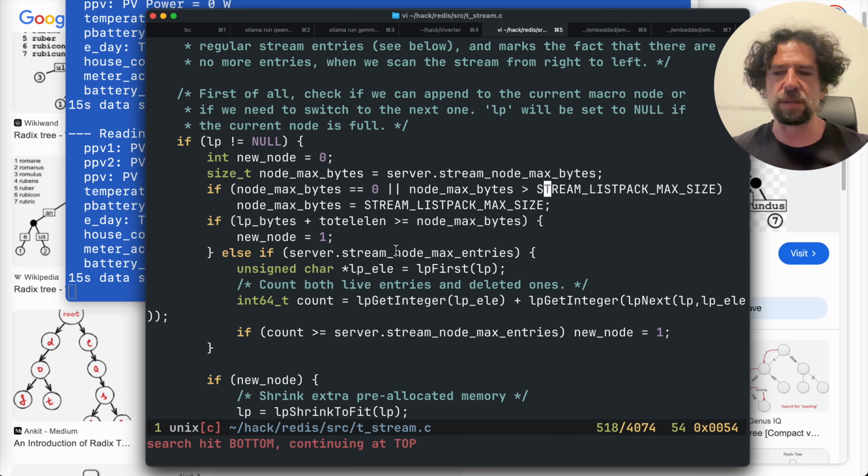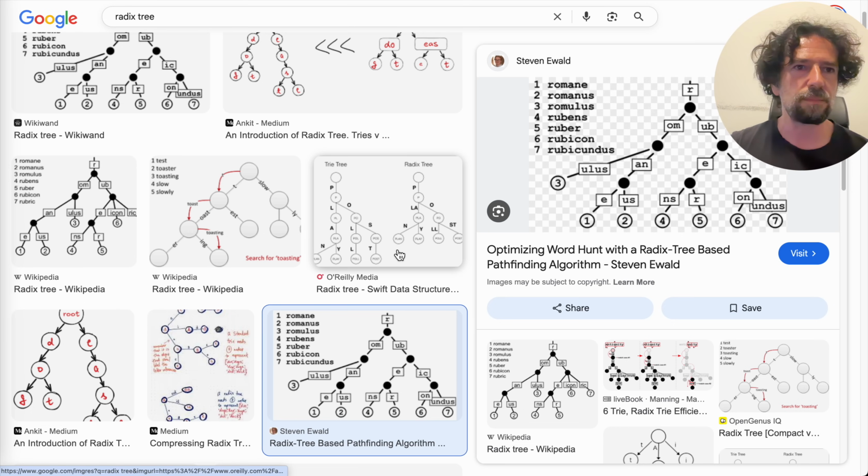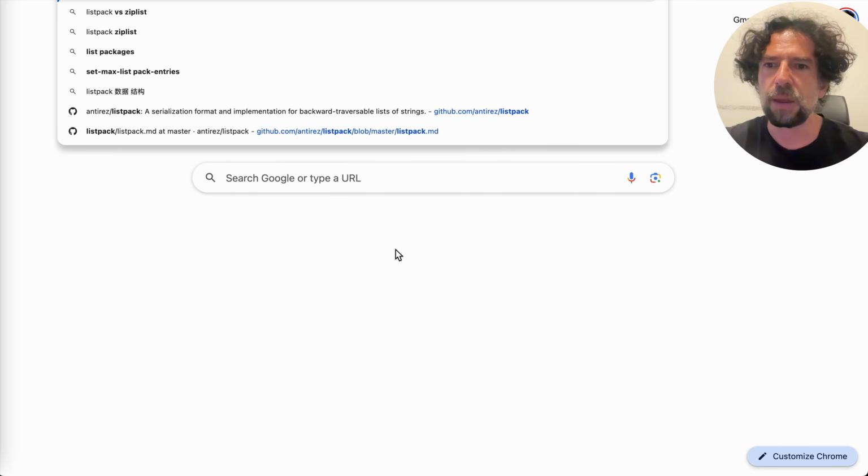Basically, at some point, it gets split to another macro node and so forth. But that's not the only reason why we have such an efficient encoding. Also, Listpacks are very smart at compressing data. So basically, we have the tree, which is the Radix Tree, and then each node is a Listpack. And the Listpack, I will show you